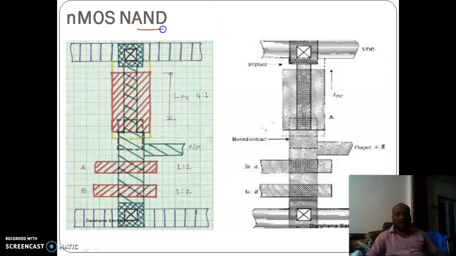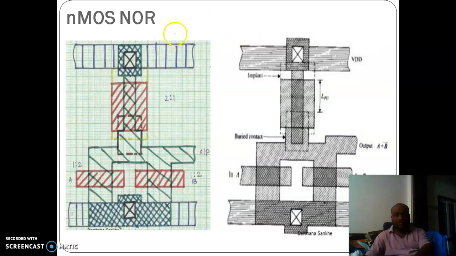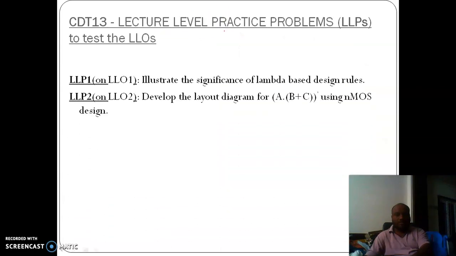And then nMOS NAND with 2 inputs and 1 output. If you know the circuit schematic, you can understand the color encoding and the gray code encoding. Then comes nMOS NOR, also on similar lines, which you can analyze with the circuit schematic. So these are a few lecture level questions which you can try